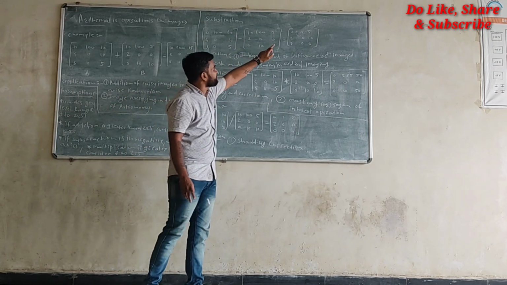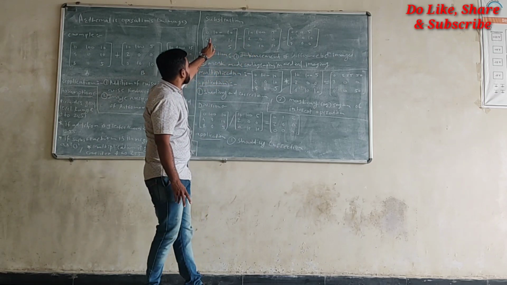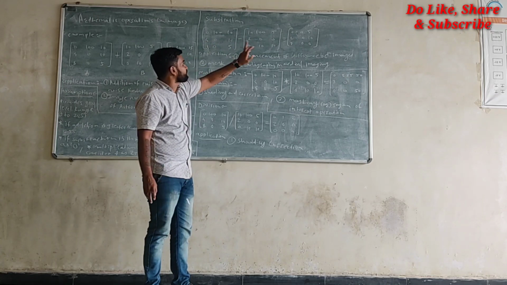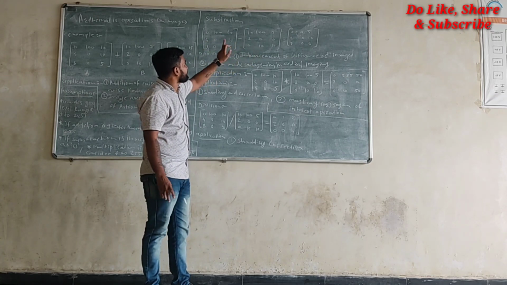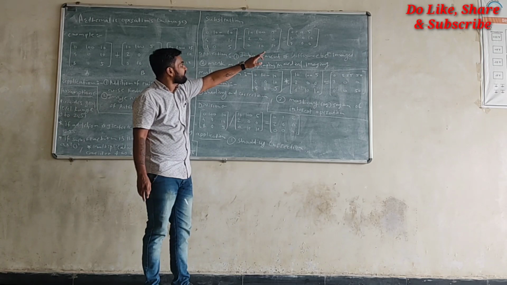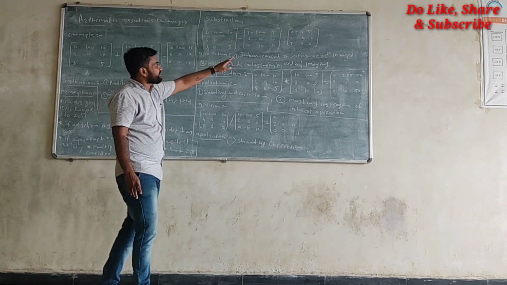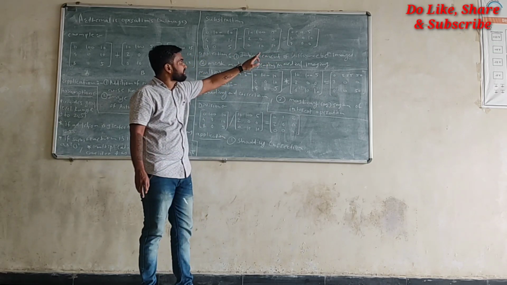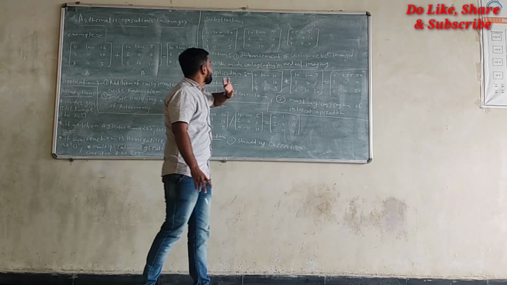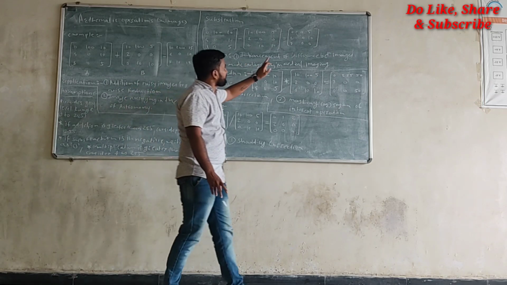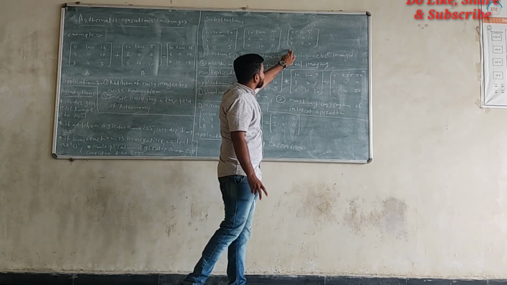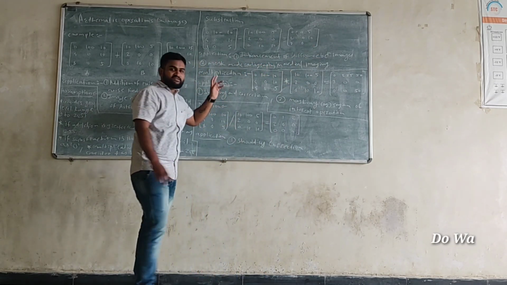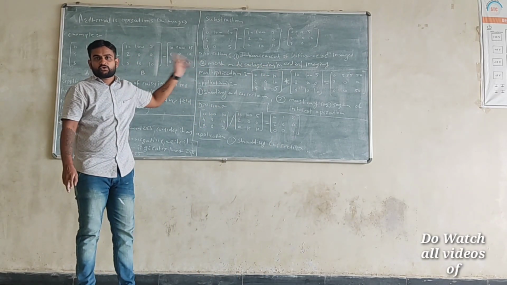Okay, so 0 minus 10 is 0. 100 minus 0 is 100. 100 minus 100 is 0. 10 minus 5 is 5. 4 minus 2 is 2. 0 minus 0 is 0, and 10 minus 0 is 10. Similarly, 8 minus 0 is 8. 0 minus 10 is 0, and 5 minus 10 is 0. Okay, so this is the ultimate output, nothing but the subtraction between two input images.